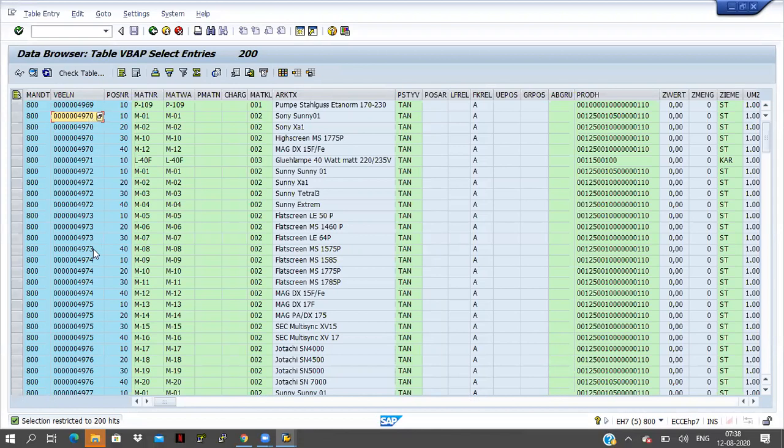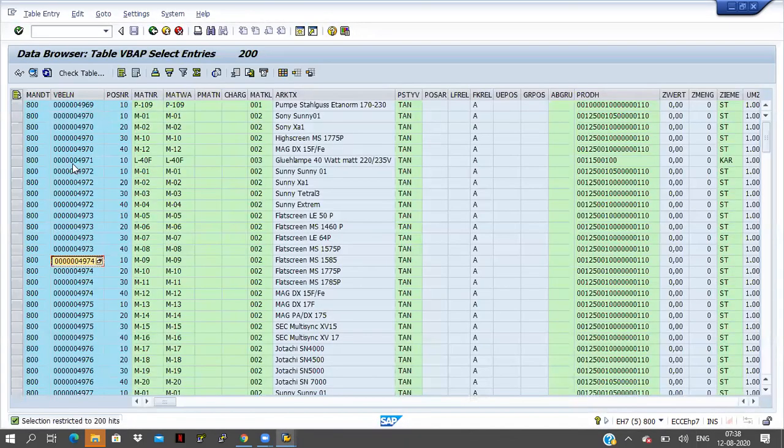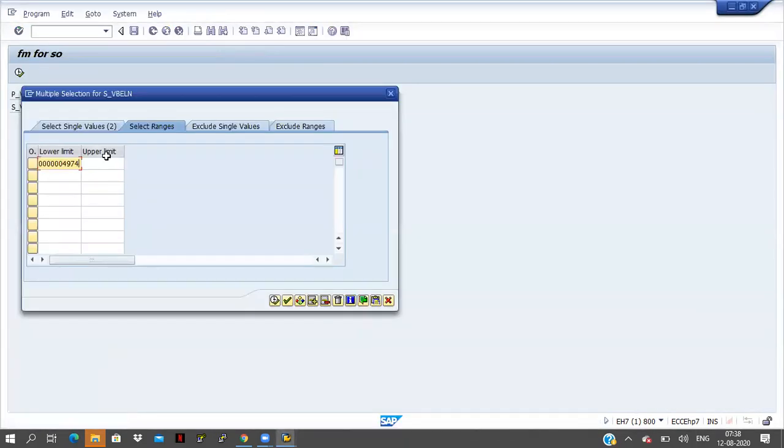Now I will give one more value, 4974. That is the lower value, and the higher value is 4977. This is the range here.